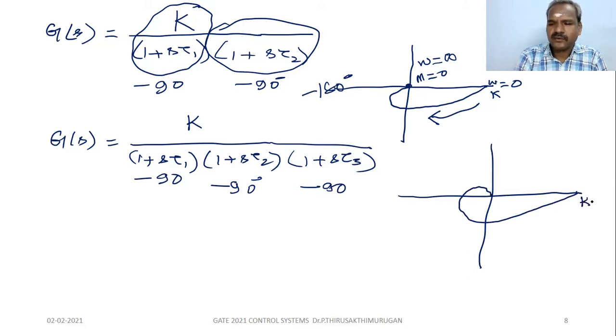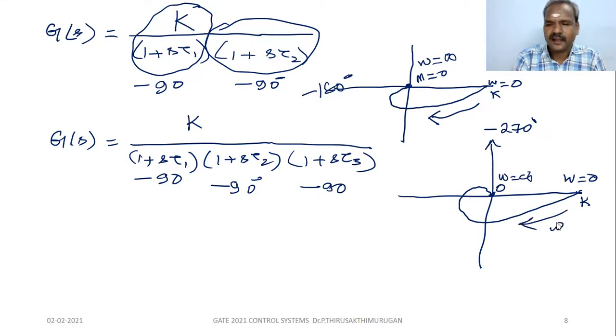So this point K is when omega is 0. At the end, magnitude is 0 and phase angle is minus 270, where omega is infinity. So omega is increasing. Understand? Then if you add one more factor...